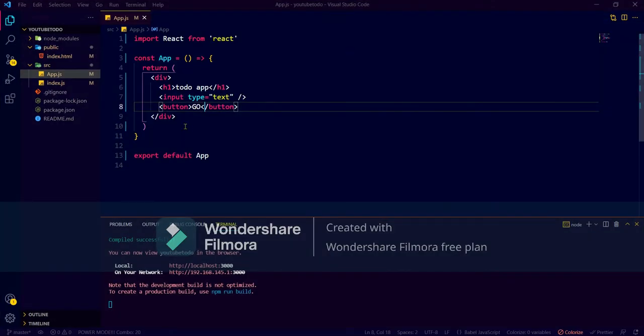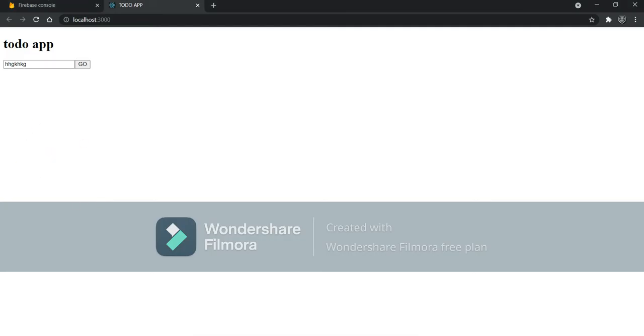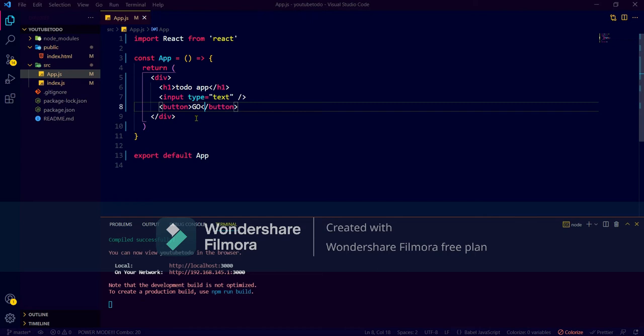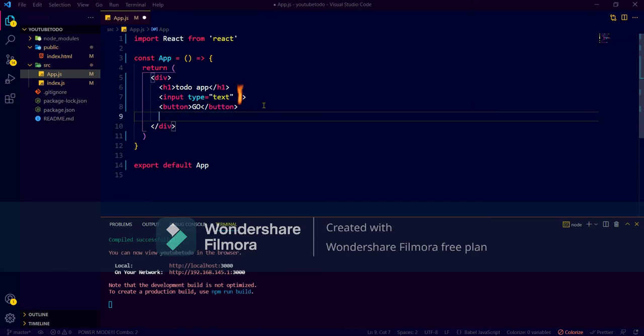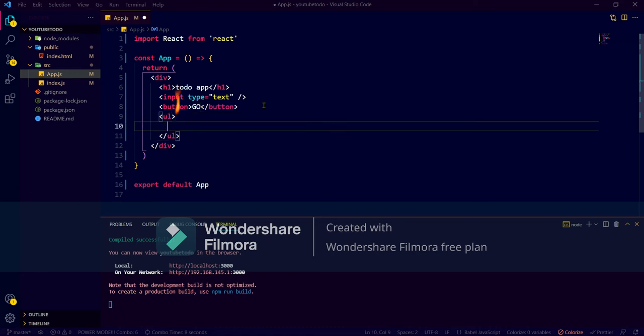What we need is something we should write here, and after pressing the go button it should appear here somewhere. So let's implement that function. We will need a list, so for that ul, and we will hit enter and type li.